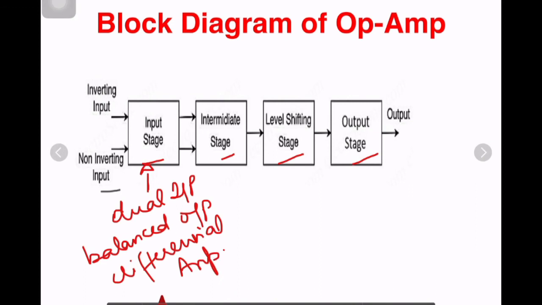and the two inputs of these are taken as dual input, right? So this stage provides most of the voltage gain of the operational amplifier, and because it is at the input stage, it decides the input resistance of the operational amplifier. The intermediate stage is usually another differential amplifier. This is also a differential amplifier, but here it is used as a dual input unbalanced output differential amplifier,